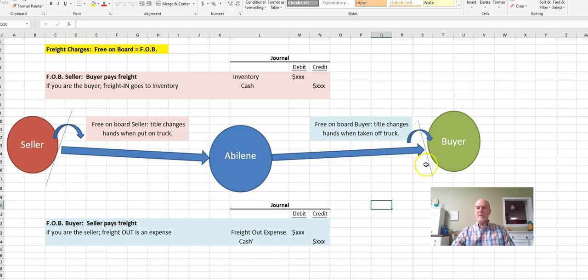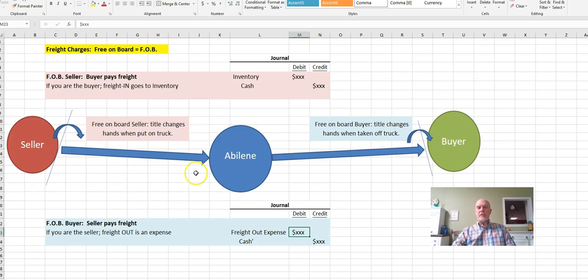Well, in this second transaction, we are the seller, and we would pay that freight. Freight on outgoing product is debited to a new account called freight out expense. It's a separate expense of selling the product. So here's the journal entry: write a check to the trucking company and debit freight out expense. So remember, when you're negotiating, you may not always be paying the freight. So for example, on this one,